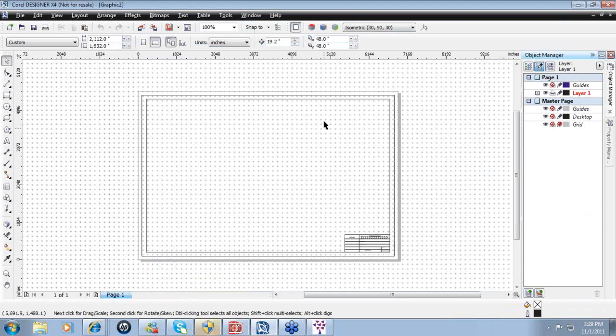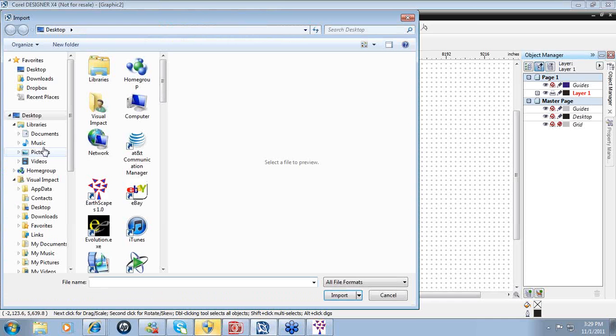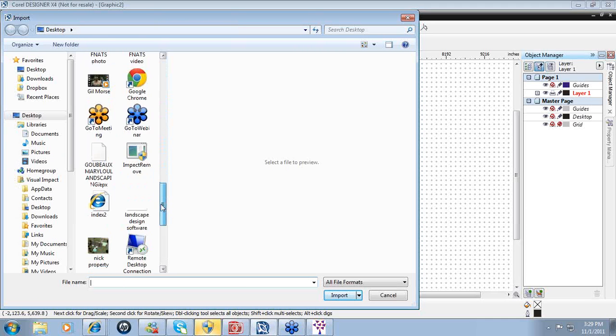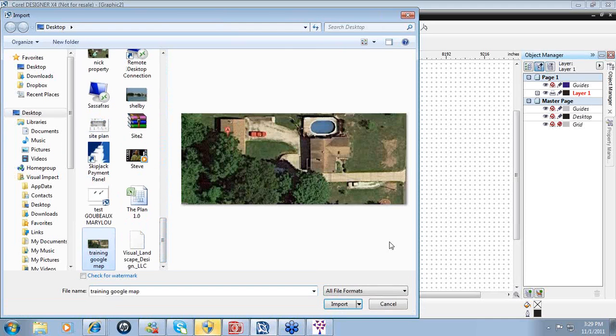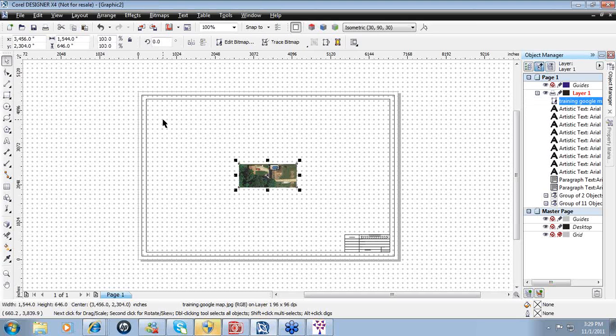We have a clean page open. With this clean page in view in the Corel Designer platform, we'll go to File, down to Import, and you're going to navigate to that Google Map image you saved. If it's in My Pictures or on your desktop, navigate to that file, select it, and click on Import. When you bring your cursor back to your screen, you can left-click and drag to open up the size of that Google Map image on your Designer application,